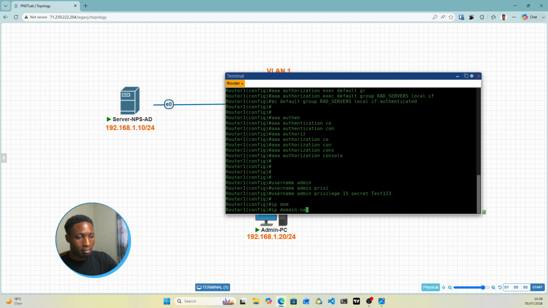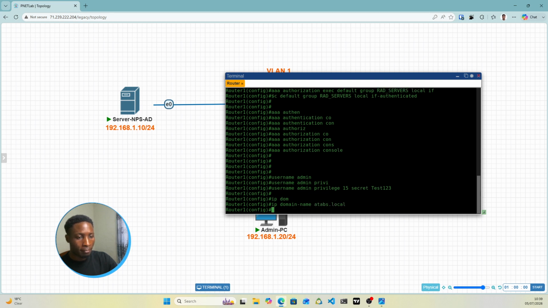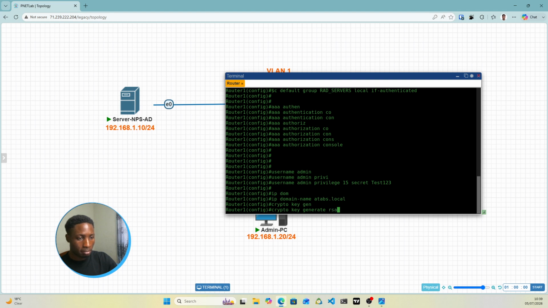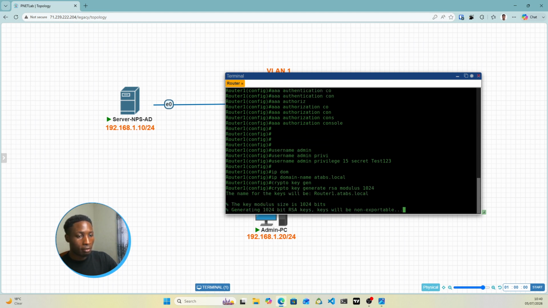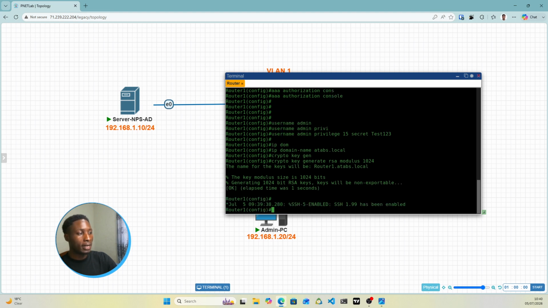You want to set up your domain name, I can just put tabs.local. Once you put your domain name, the next thing you want to generate is your crypto key. Generate RSA. Once you encrypt the session, modulus, we'll put 1024. You can increase this depending on the processing speed of your device. I'll put 1024 there,